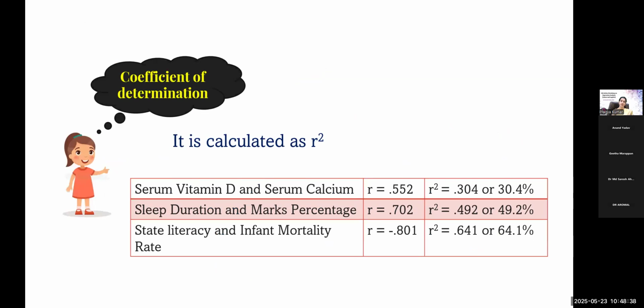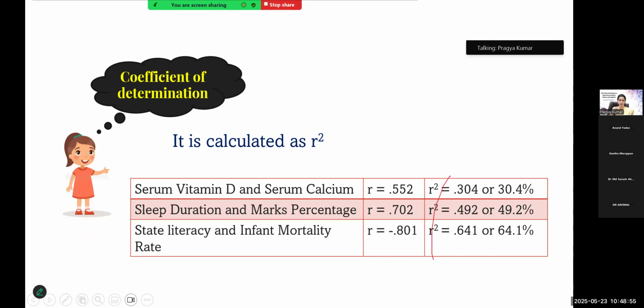So then there's something known as the coefficient of determination, which I was talking about in the beginning also, which is known as the R square. So you just square it. So if you square 0.552, this will be 0.30, and this will be 0.492, and this will be 0.641. So you can say 30.4% of the variation in serum vitamin D can be explained by serum calcium,